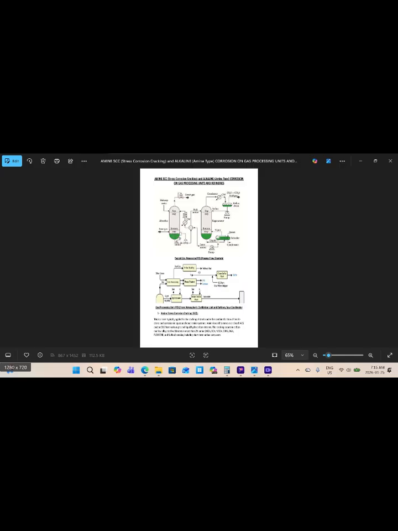As you can see, the sour gas is injected into the absorber vessel from the top. Makeup water showering, and at the top tray we have lean amine, which has the capability of absorbing the H2S from the sour gas and making it sweet gas at the top. The rich amine, which has already absorbed the H2S from the sour gas, goes to the process exchanger and then to the regenerator to remove the H2S and CO2 from the rich